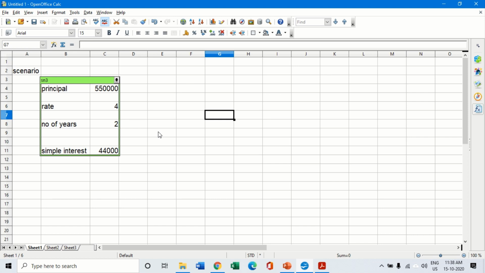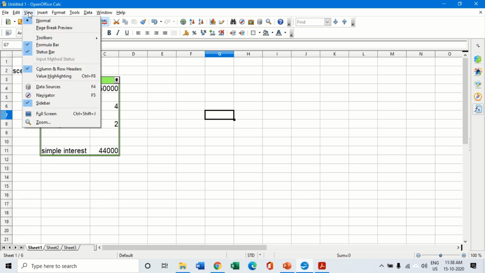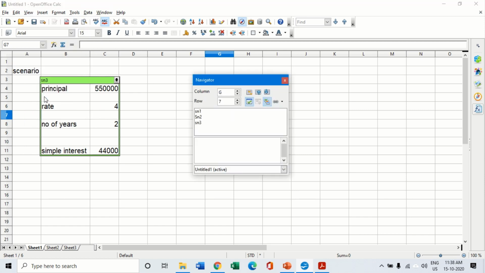For that purpose, you need something called a navigator. A navigator is available in the view menu. You can click on the view menu and click on navigator, or you can also press the F5 key and the navigator window opens up. So this is a navigator.